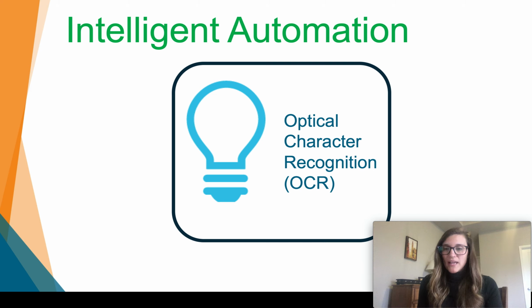So the first tool that I want to talk about is optical character recognition, or what's called OCR. And this is the ability for a software platform to come in and be able to extract information off of documents that are coming into your organization without a lot of user intervention. This is where we're going to start to see some of these tools, like I mentioned, AI or machine learning and components of natural language processing coming out. Optical character recognition tools have a whole host of different classes, but when we're really looking at intelligent automation, we're looking for tools that leverage these